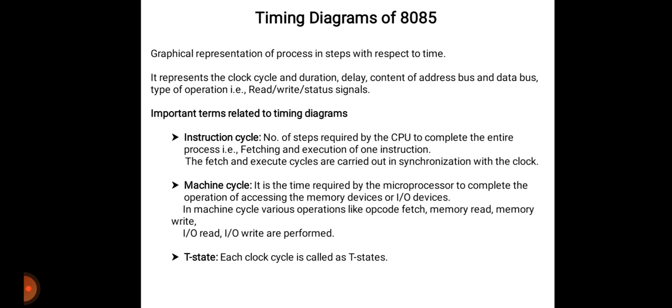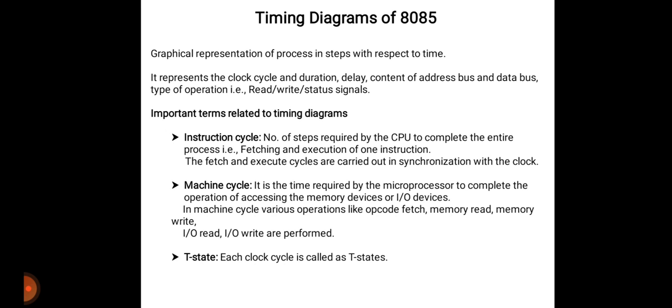First of all, we have to know what is meant by timing diagram and what is the use of timing diagram. Why do we use this method in the 8085 microprocessor? It is one of the best ways to understand the process of a microprocessor. With the help of the timing diagram we can understand the working of any system, which is the step by step working of each instruction and its execution.